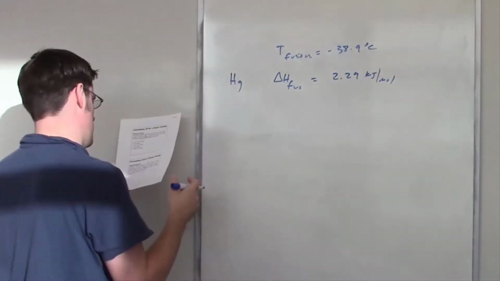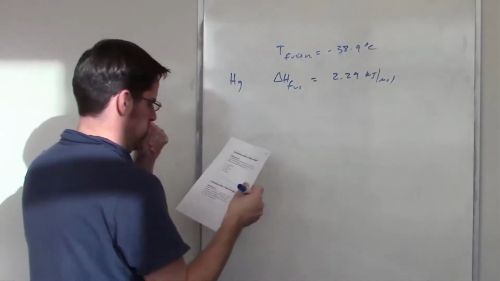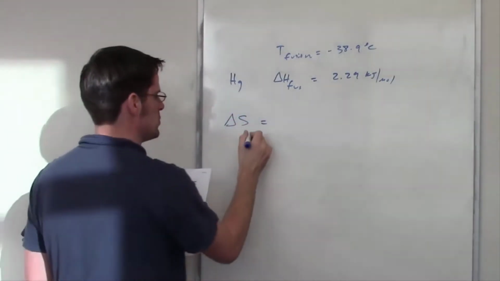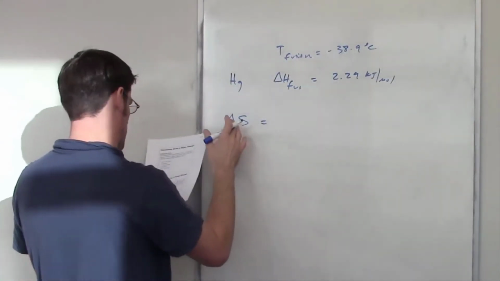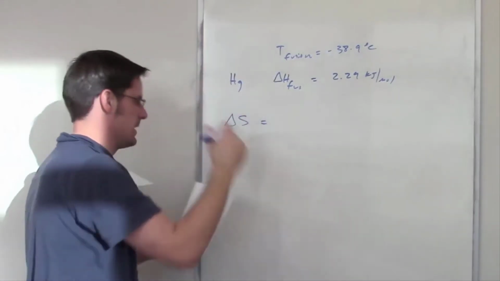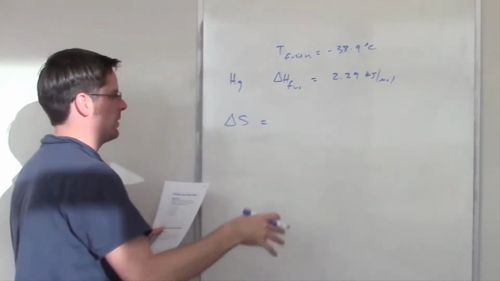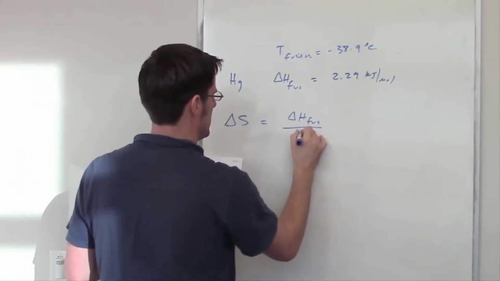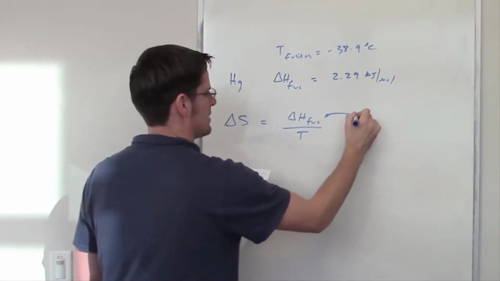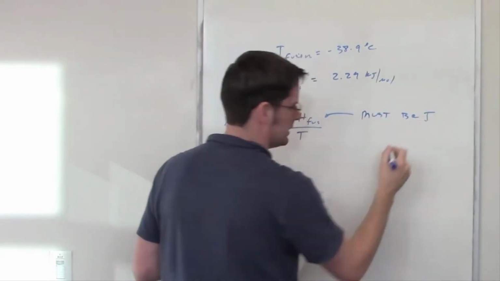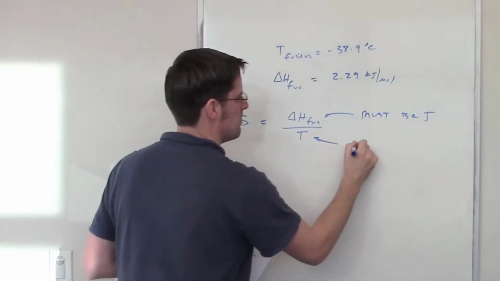It then asks me what the delta S, or entropy change of fusion, is for 50 grams of mercury undergoing fusion. Now, my delta S, we should remember from the lecture, is equal to delta H of fusion divided by T. Delta H of fusion has to be in joules, not kilojoules, not anything else, and